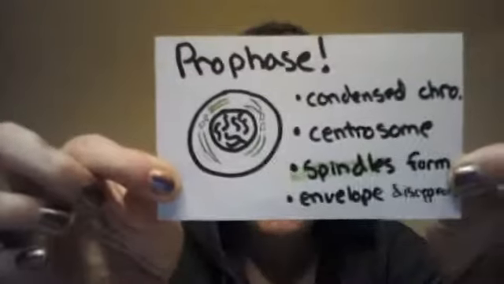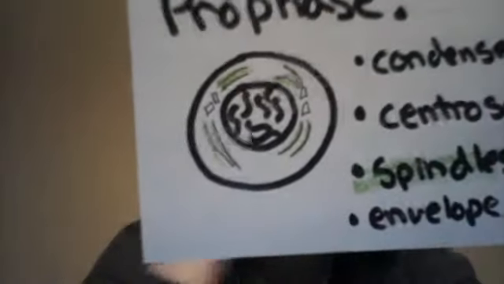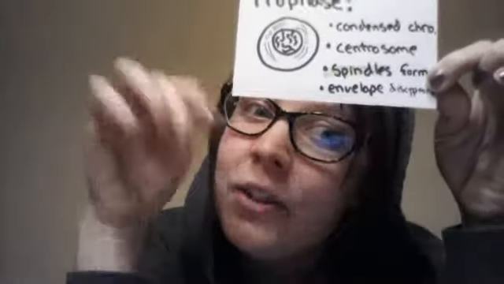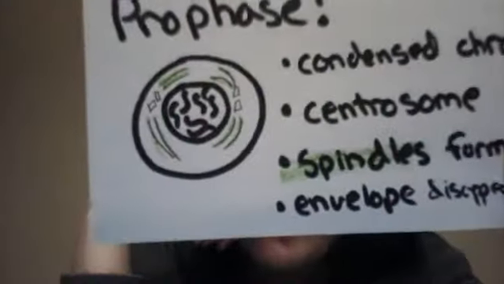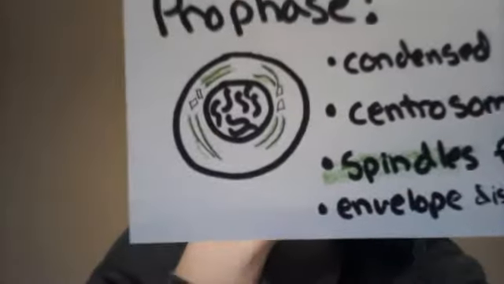So once we're done with G1, S, and G2, we finally move into mitosis. The first phase of mitosis is prophase, or please in my little memory trick. Prophase. If you look at this, this is a really bad picture, but what you're looking for is condensed chromosomes. You're still going to have your nuclear envelope, which is this little circle in the middle here. That will still be visible. Sometimes it will be slightly lighter than in interphase, but it will still be there, and you should start seeing little noodly figures inside that nuclear envelope.